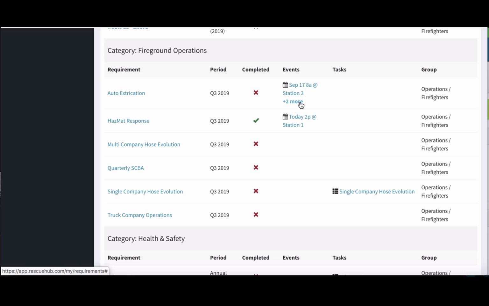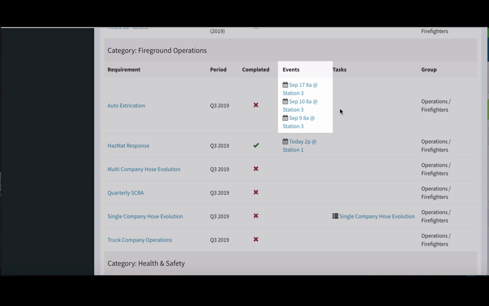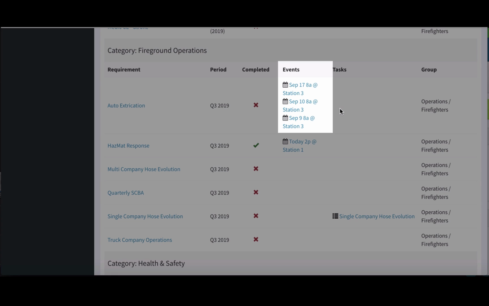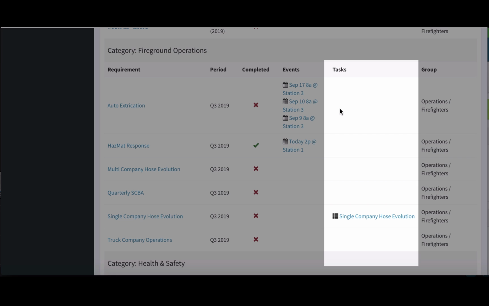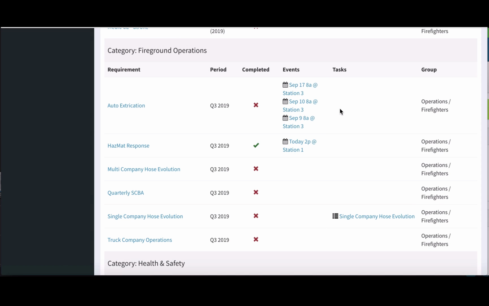Each requirement will show the related tasks and events next to it. For scheduled training, you might see a list of events that will meet this requirement. For company-level training or EMS training, you'll see a task in the column over here. If you've attended an event that relates to that requirement, then you should see a green check mark next to